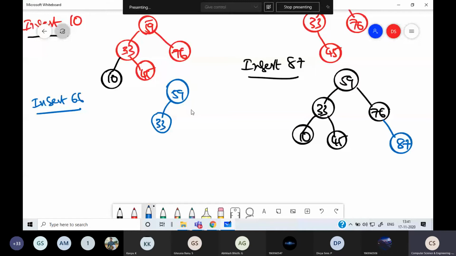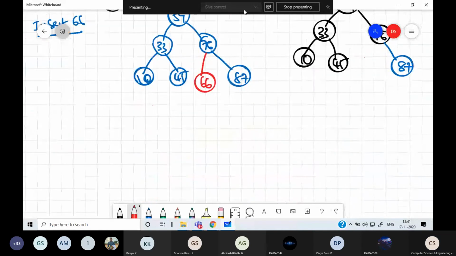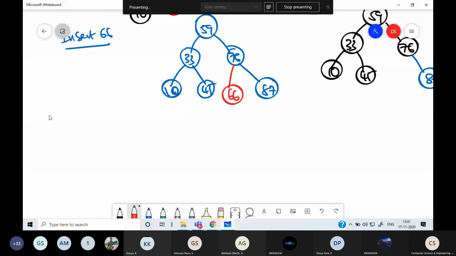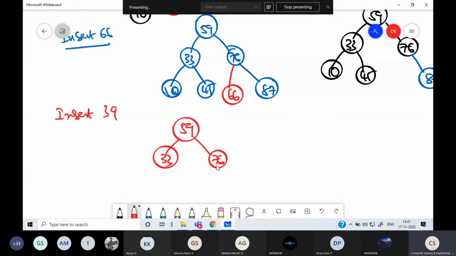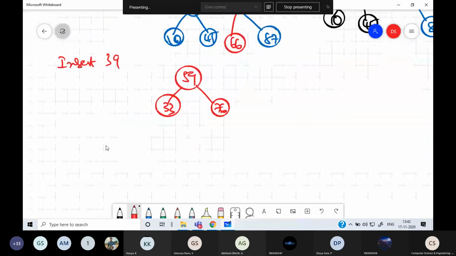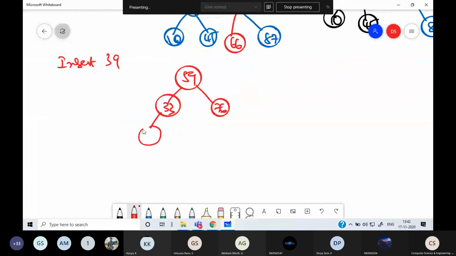Then the next node is insert 39. To insert 39, build the tree: 33, 76, 10, 45, 66, 87. 39 is less than 59, come towards left. 39 is greater than 33, go towards right. 39 is less than 45, go towards left.